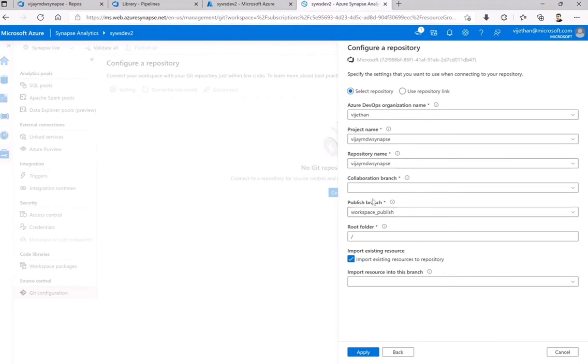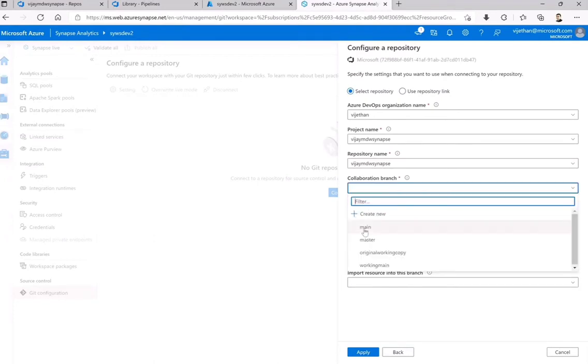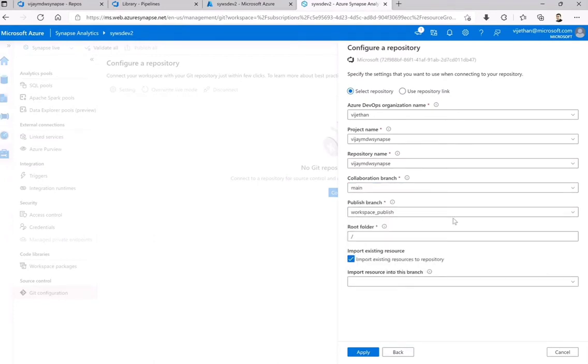Okay. Now this is important: from where are we collaborating. Okay, so ideally most of the time this can be your dev branch, this can be different branches. Make sure whichever branch is made for collaboration, you select that. Okay, that means that will be the master for the Synapse development environment. So in this case I'm selecting main because that is what is the main, and what I want is this particular Synapse workspace as an ARM template should be published to the workspace underscore publish branch.